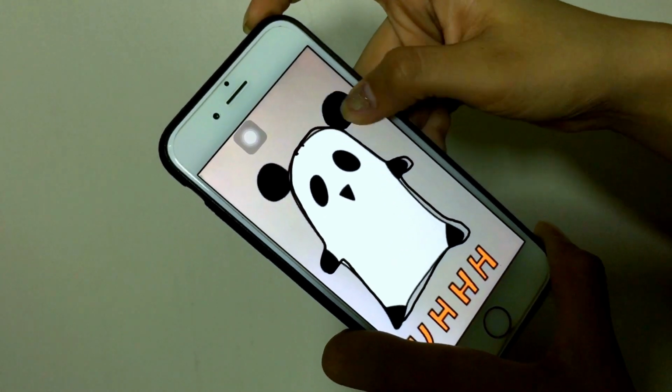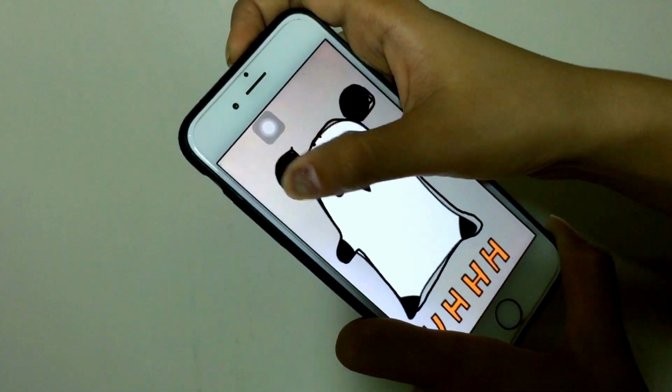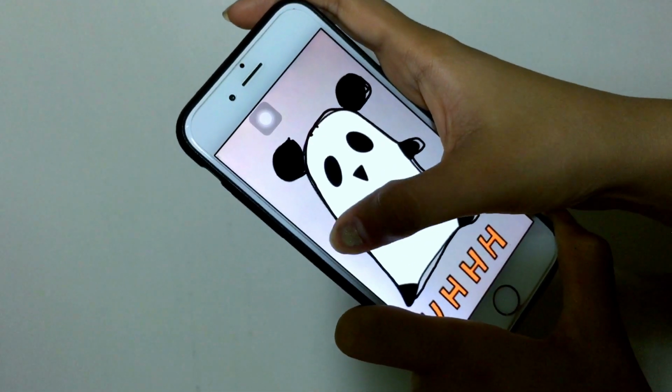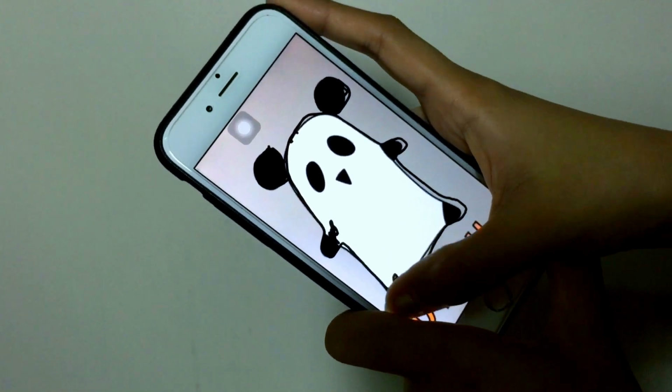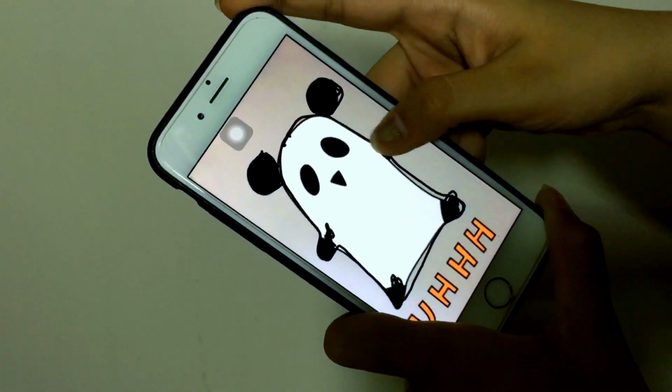Now this is not exactly a hack, guys, it's just for fun. You can actually do different things with this, and if you want to be a little on the creative side and have fun with Snapchat, then you can use this. It's a really fun thing to do, and you can actually have some personalized stuff that you can send to your friends.